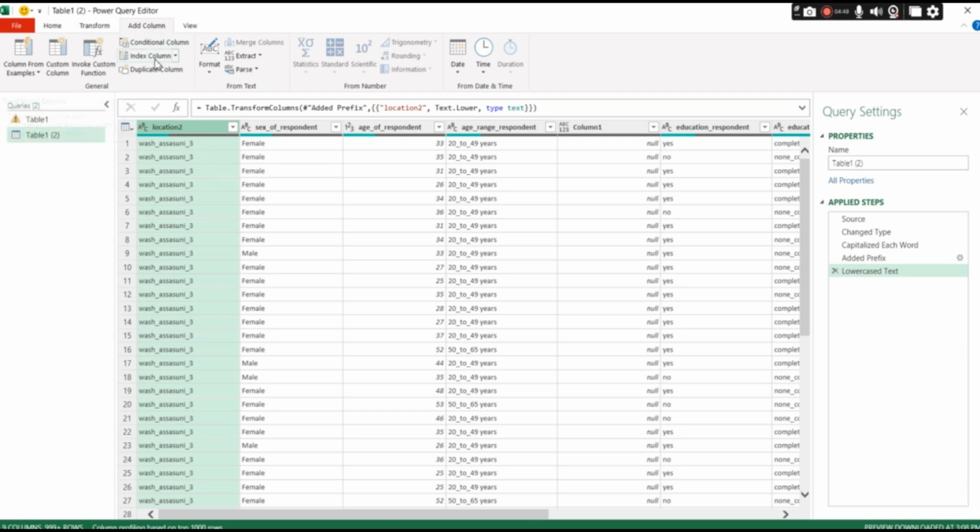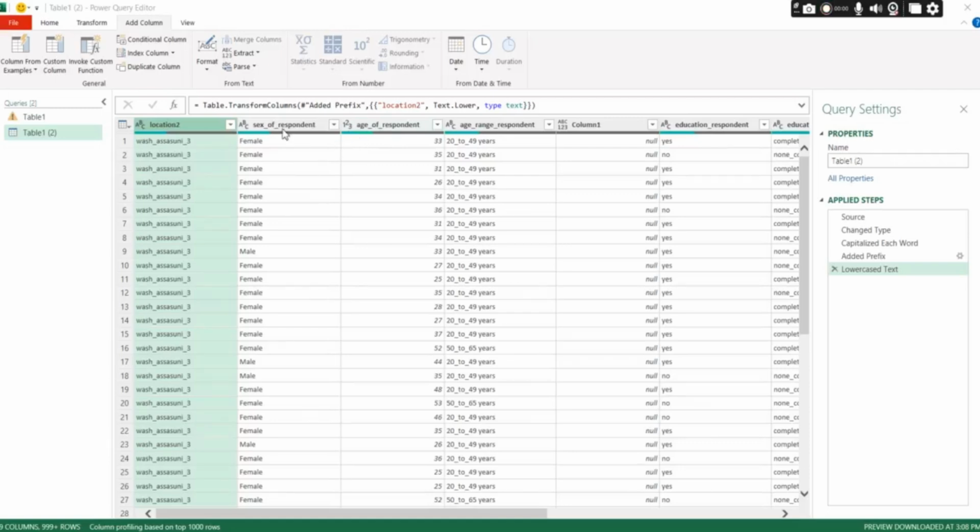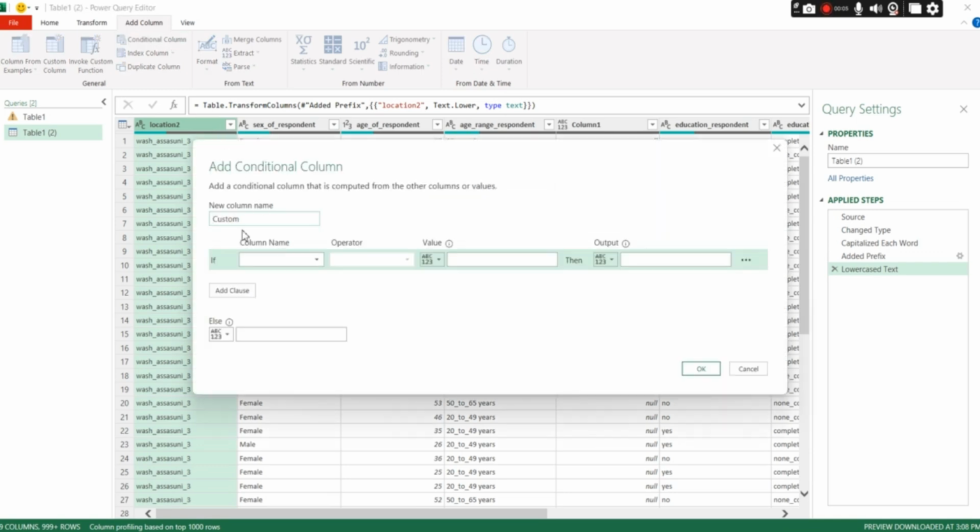So those are the things in Transform, and in Add Column we have some other options, very convenient ones like conditional column or index column. So what is the conditional column? It has the same opportunities as we use in normal Excel. Let's try with the conditional column. It works in a very convenient way. What would be the conditional column name? It should be the new column.